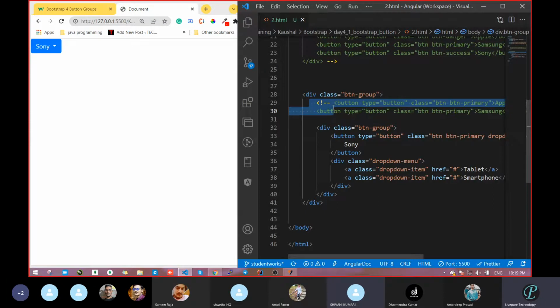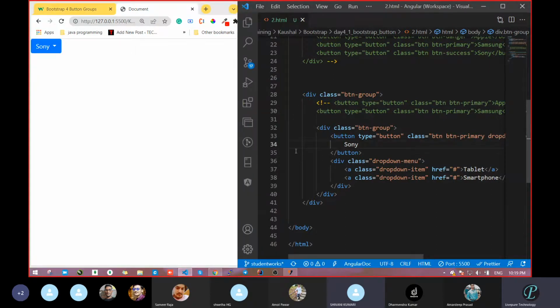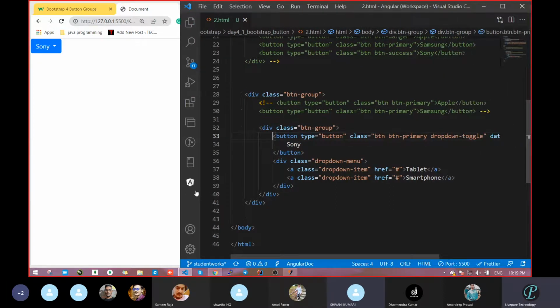So here we have done a single button with a dropdown. Now see, the dropdown is there. Clear? So what we have done, we again took one button group, and inside the button group we took one button. Don't worry about this design complexity. Just focus on the class name. That's it.